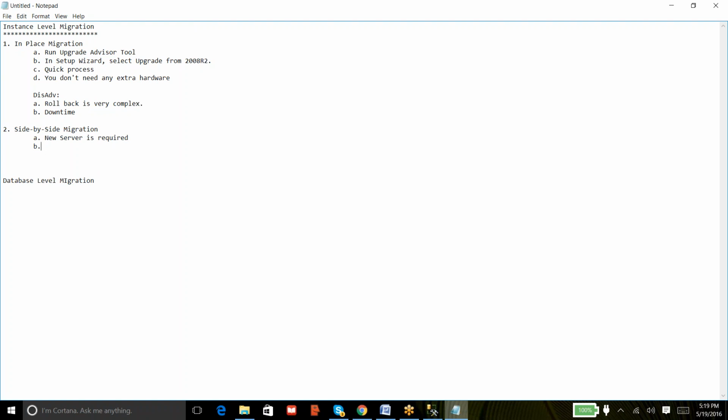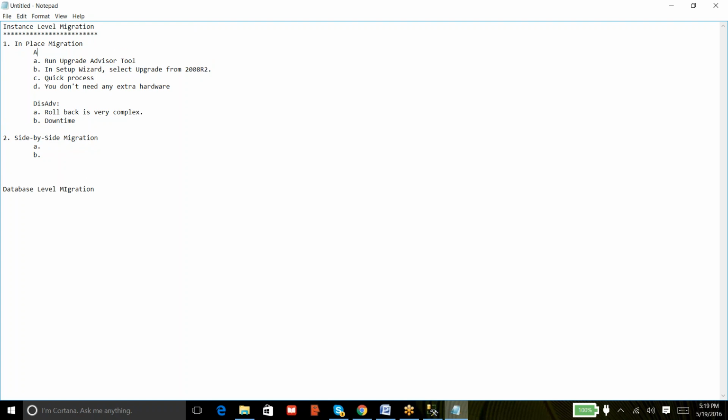And then after, okay, I need to make the advantages first about this one. What is a side-by-side migration? What are the advantages you're going to get with this one? So the same thing I have pasted over here. Okay, so the advantages, I can make it as